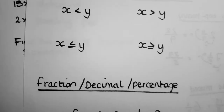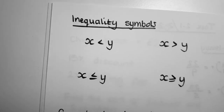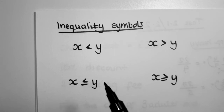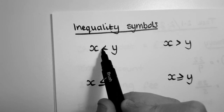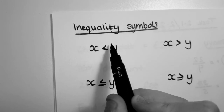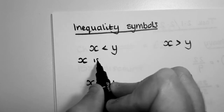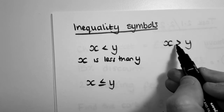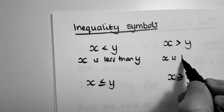If we then look at inequality symbols, there's often a question on the first page of the paper that asks you to put fractions, decimals, percentages, or just different numbers with inequality symbols in between. So just to make sure, the item on the closed side is smaller than the item on the open side. So this one means X is less than Y. So if X is on the open side, that's the bigger number. So X is bigger